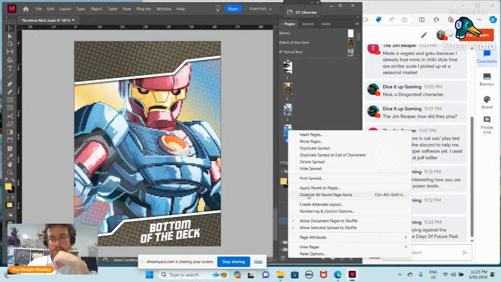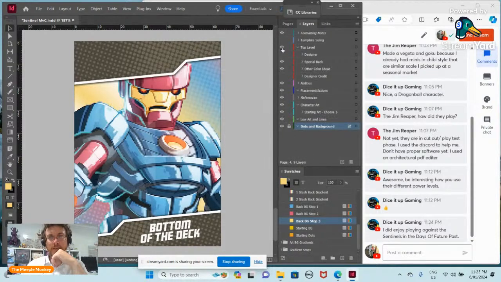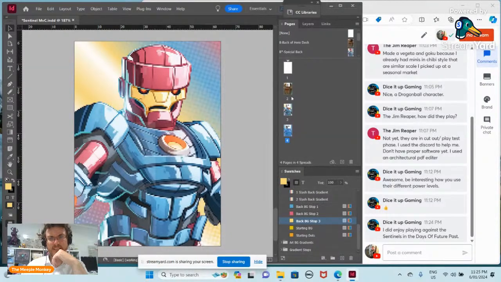Override all parent page items. This is one that I thought let us treat this as its own separate card, but let's see. All right, so now we're just dealing with this layer here. Can we turn this off? Yes. Now, did that? Aha. Oh no, it turned it off here too, didn't it? Oh, bummer. All right, so